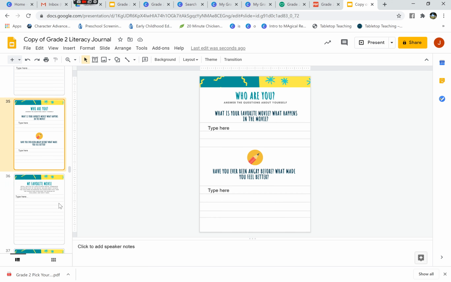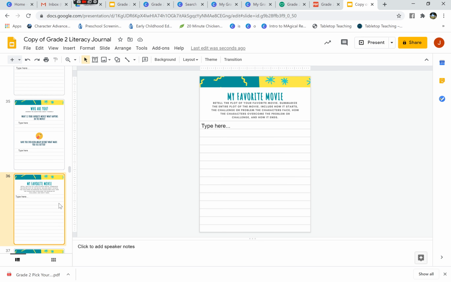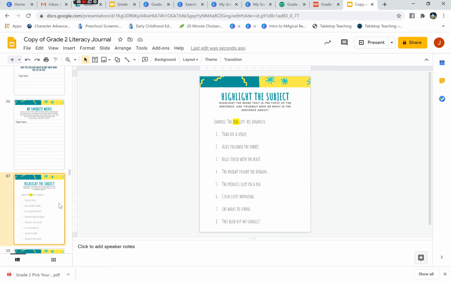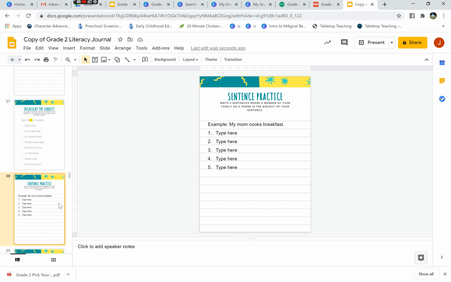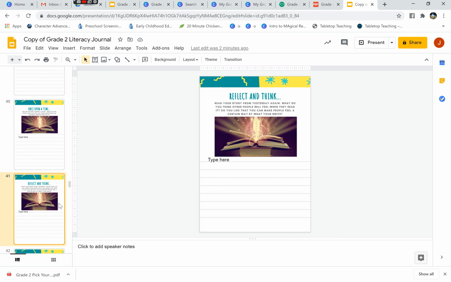And then they have the who are you, and then talking about their favorite movie some more, about who they are and reflecting on that. Some more grammar, another writing prompt, and then with their reflections, they're going to read it as if there's